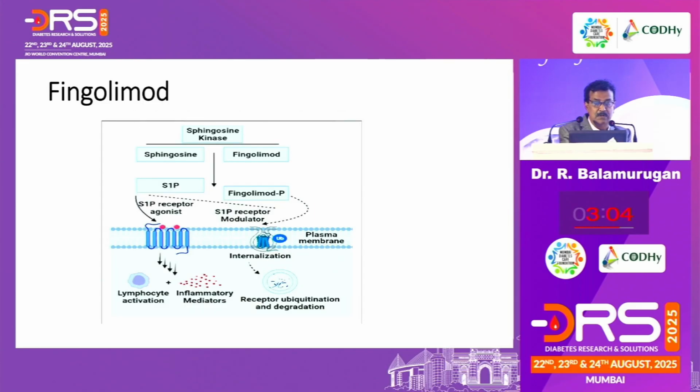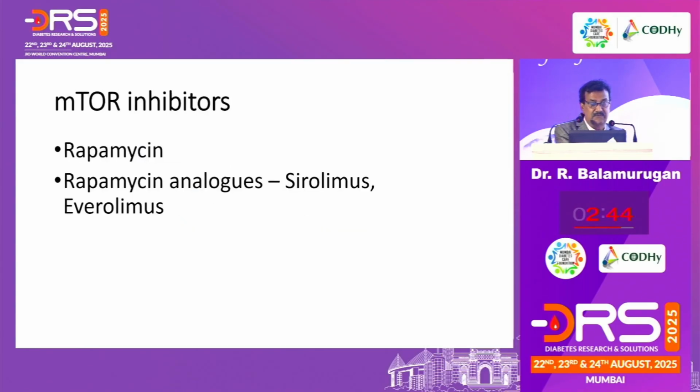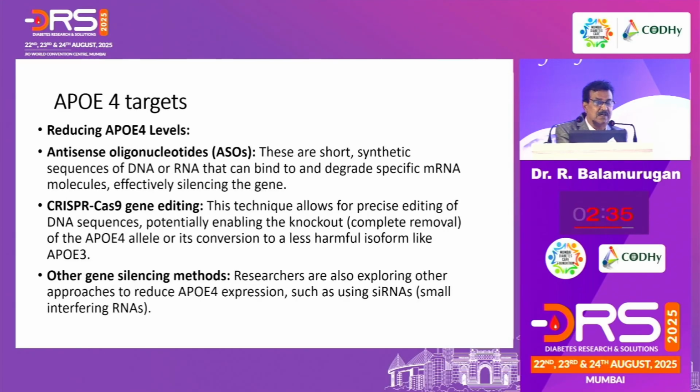This is fingolimod. It's a sphingosine-1-phosphate receptor modulator, which will make the lymphocytes available in lesser numbers, so that there's less inflammation, leading to lesser cognitive dysfunction. These are the mTOR inhibitors, rapamycin analogs like sirolimus and everolimus, and we have ApoE targets, reducing the ApoE4 levels